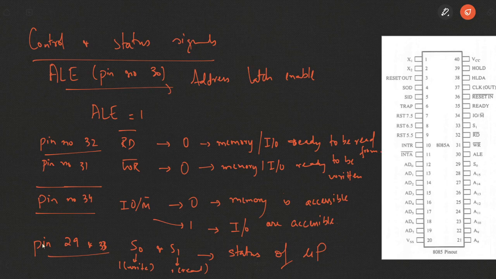Now we'll be taking them one by one. We'll be understanding all these operations one by one: interrupts, DMA, the address lines, how they are fetched, how data is written or read, how the machine is interrupted, how the external devices are interfaced with this system. All of that will be understood throughout this course on microprocessors. So that's all for